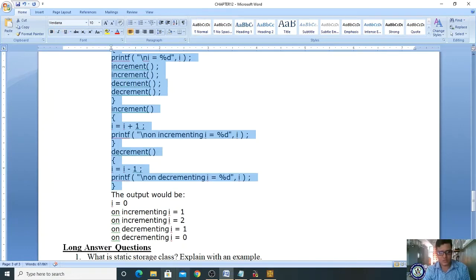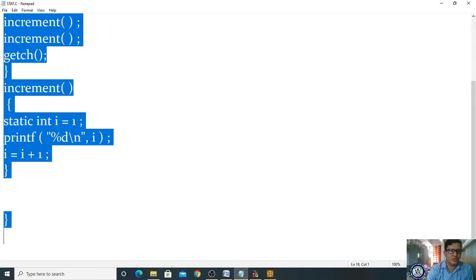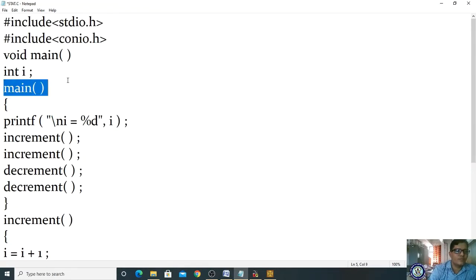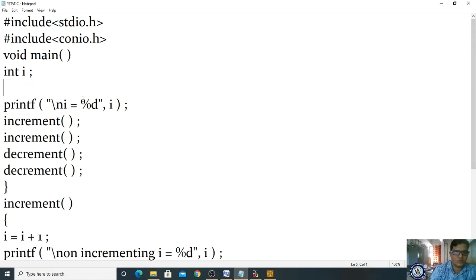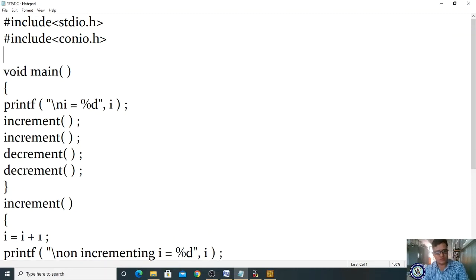this program here. Okay, let me copy and paste it. This is our program. What is a global variable? The variables which are declared outside of the main function. So this is outside of the main function, right? This is a global variable.